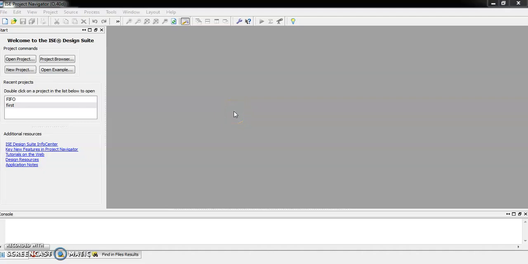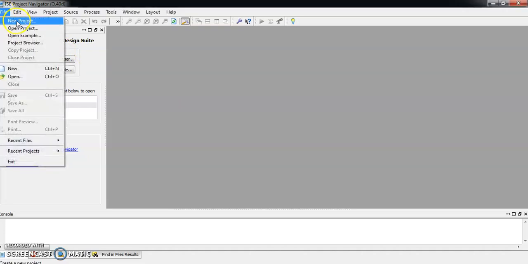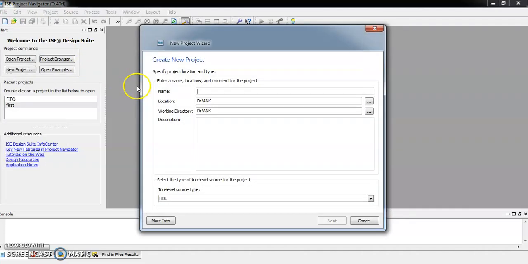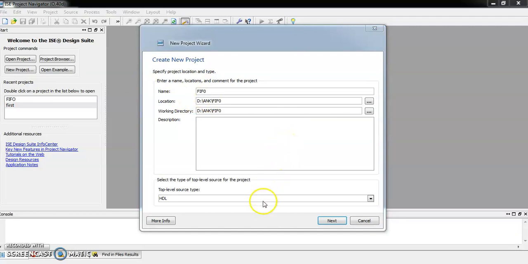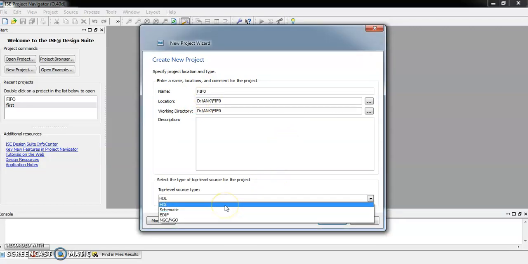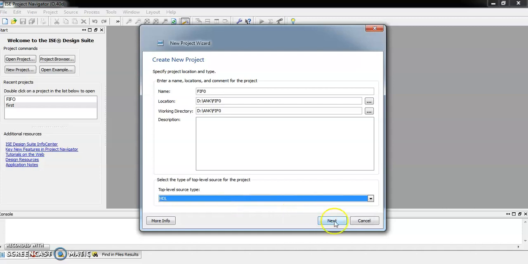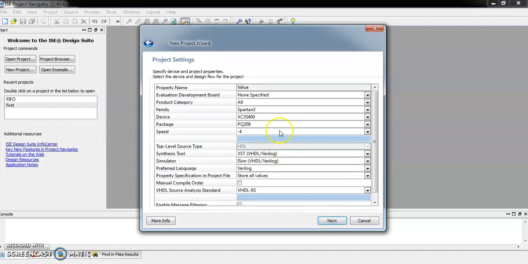Now we will create one project to write the VHDL code. Go to File, click on New Project. We can give a name for the project. Let's say FIFO. Select top level source as HDL if not set. Then here we have to select the proper device we have.